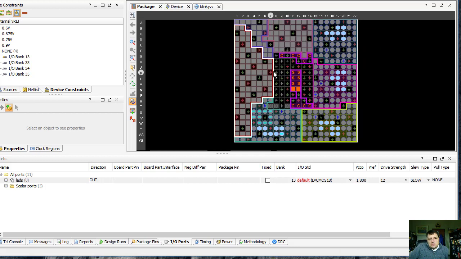and each one of these corresponds to a particular location on the ball grid array, which is just a fancy name for all these different locations. And so if we were to imagine this part sitting on the board, for instance, part A1 is connected somewhere. Now they're telling me some information. For example, when it says site type PS, anything that begins with PS means it's part of the processing system. That's the onboard